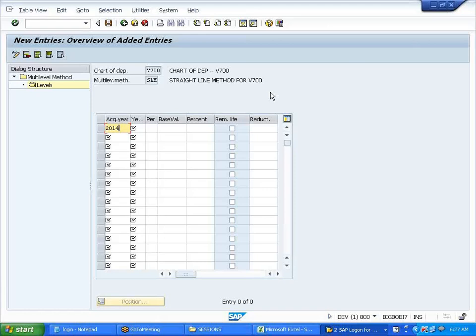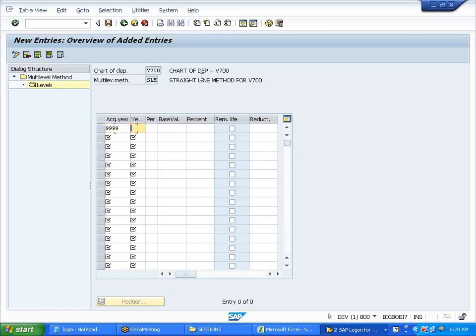I give a percentage to it for the calculation of depreciation. This SLM should be calculated on assets purchased specifically in 2014. What about 2015, 2016, 2017? For all the years, that is why we give it as 999.